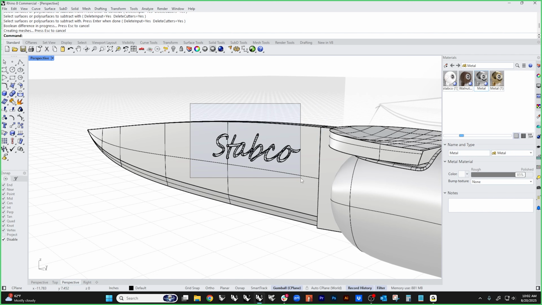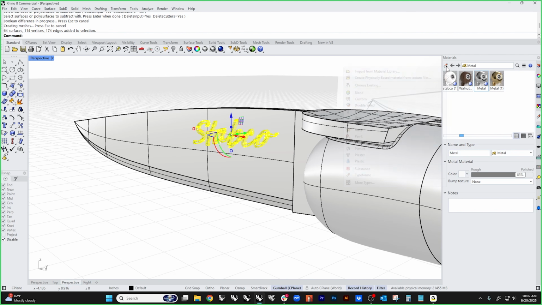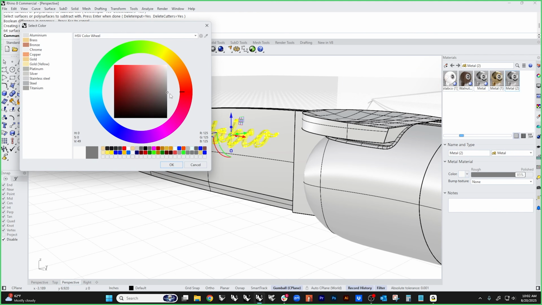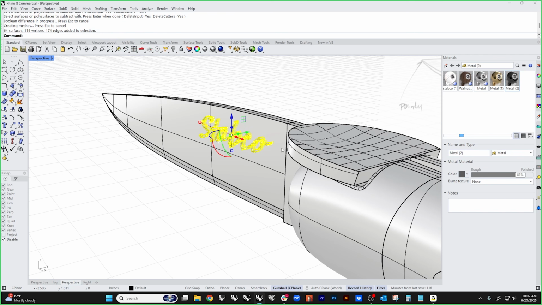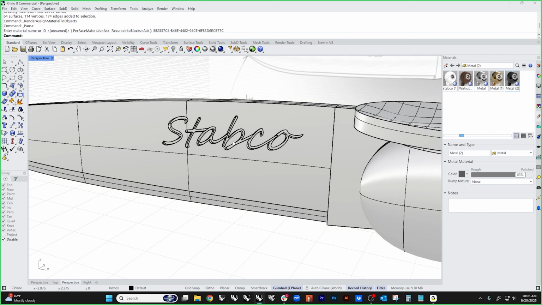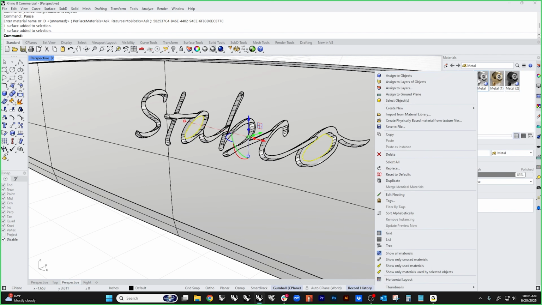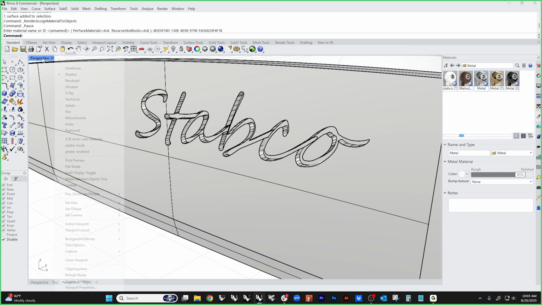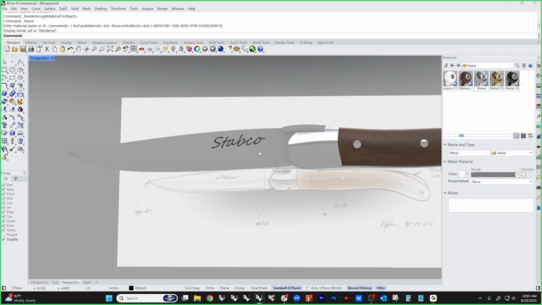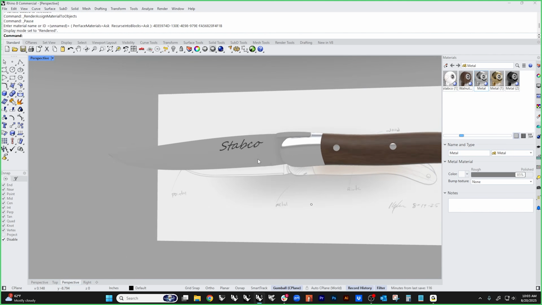And then we're going to add a different material in here. We're going to make a new metal. And this one's going to just be a little darker. And we're going to do a sub-object assignment to that because we control object selected that. Now, this was internal and this was internal, so we don't want that. So I'm going to reassign this one back to there. And then when we look at it, that's going to have a little bit of darkness to it so that